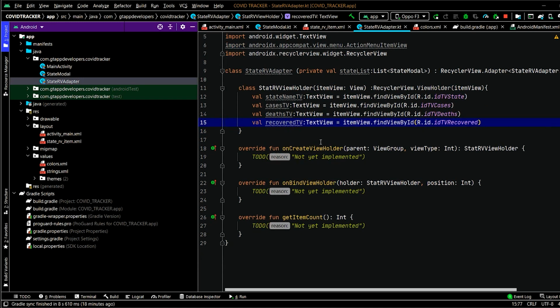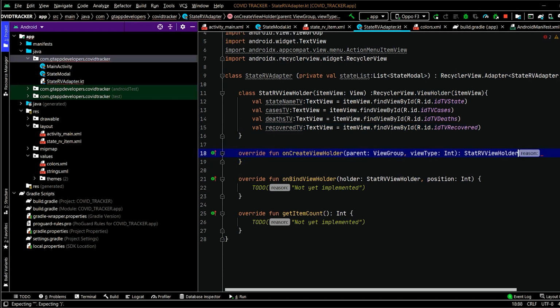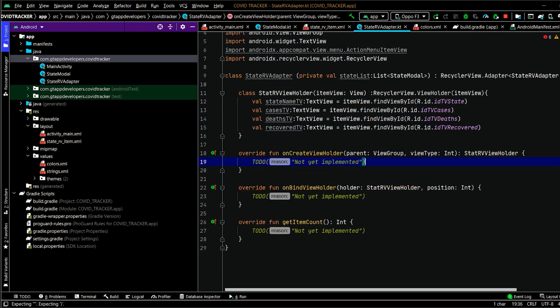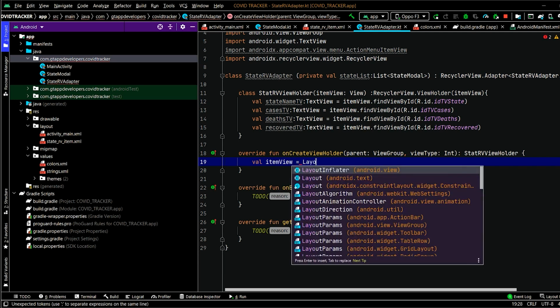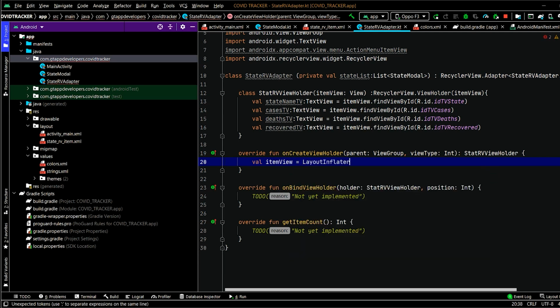After that, inside our on create view holder, we have to inflate our layout file. So for inflating our layout file, first of all remove this to do. Now for inflating our layout file, we simply have to create a variable for our item view. Now calling a layout inflater to inflate our layout dot from.